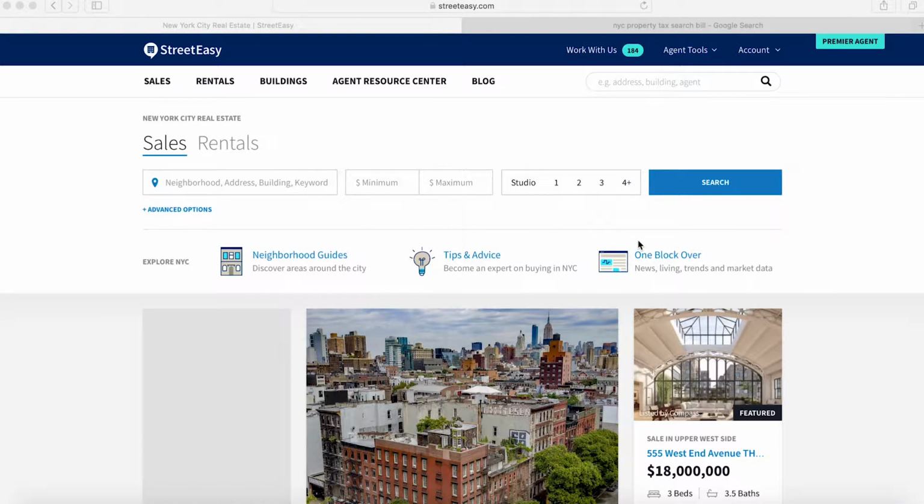In this HomeDax tutorial, we will show you how to pull comparable listings using the agent tool on StreetEasy.com. The purpose of pulling comps, as we say in real estate, is to help you, both as a buyer, figure out how much a property is worth and how you should construct an offer, and also as a seller, to figure out what your property may be worth